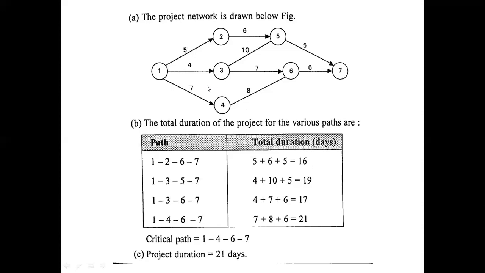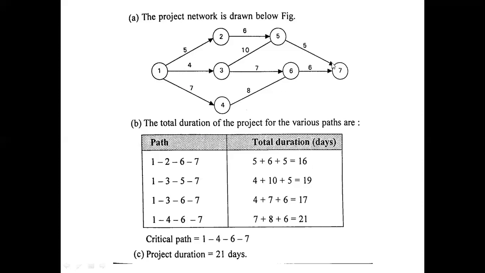Here, the second step was, first after drawing the network diagram, in order to get the critical path, the first thing you have to calculate is the earliest finish time, and the second step you have to find out the latest finish time of each and every activity. Okay. So after finding that, then you have to identify the paths.